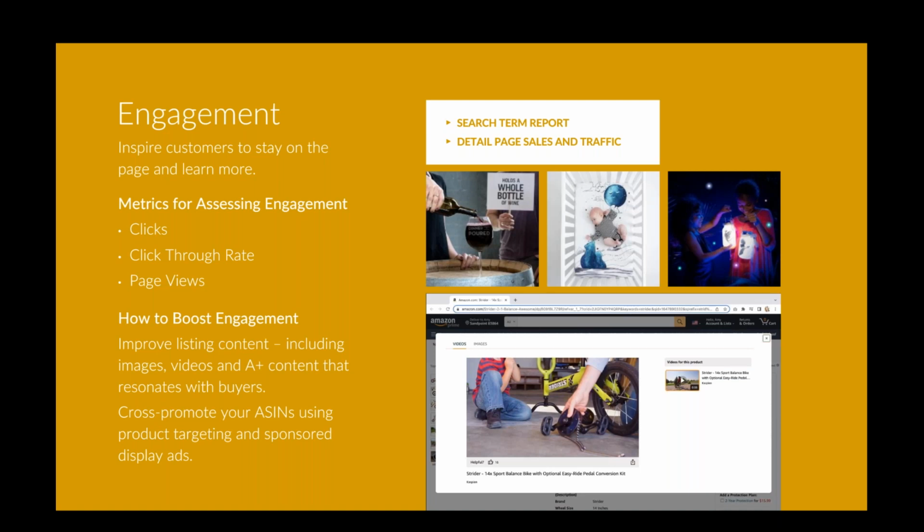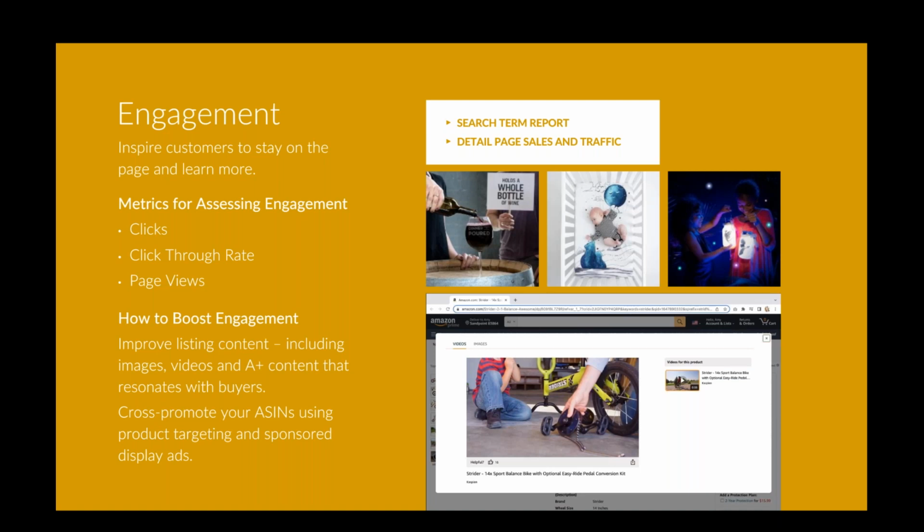So again, with all the items Kenley mentioned about what you can do to keep them on your listing, using videos and A+ content to give more information about the product, there are some other things you can do from an advertising perspective. We highly recommend using product targeting campaigns and sponsored display ads to cross promote your own ASINs. On any given product detail page, there can be at least 2 sponsored display ad placements and a featured product targeting for sponsored products, and then there are multiple carousels of sponsored product ads.